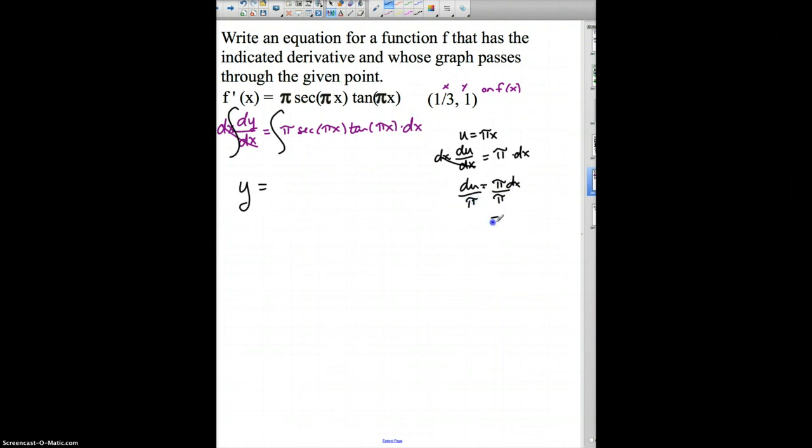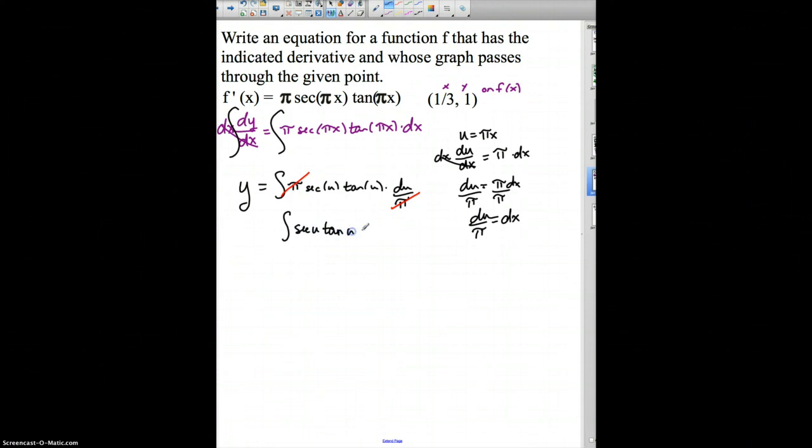So dx equals du over pi. Let's substitute. So we've got the integral of pi times secant of u times tangent of u times du over pi. Simplify. Anything cancel? Yep, the constants cancel. So now I just have the integral of secant u tangent u